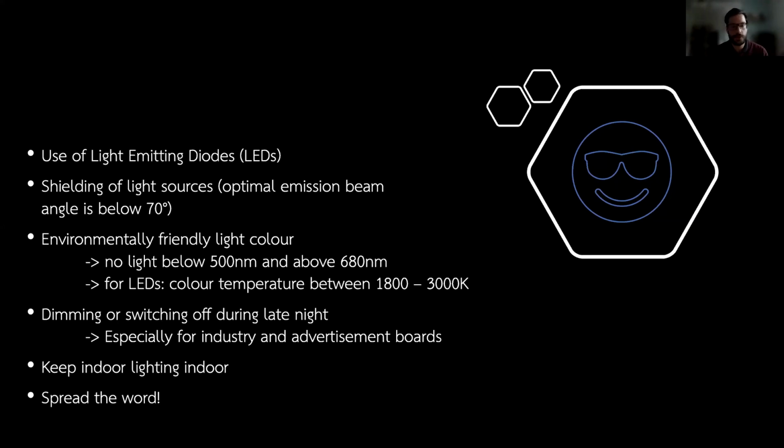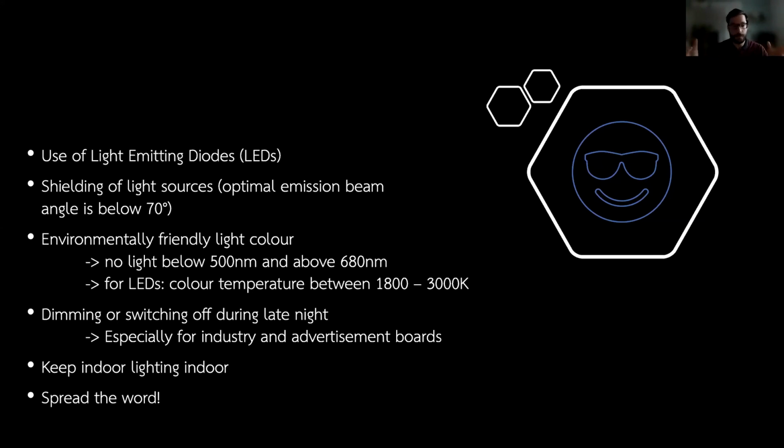You can shield your light sources. In fact, you have to ask yourself, where should the light be? What should be illuminated? For example, if we take a look at street lights, the name itself says it. What do we want to illuminate? We want to illuminate streets, not buildings on the side, not green areas, not trees whatsoever. So what should really be illuminated? All the time, it should be secured that the upper hemisphere, the night sky, is not affected.